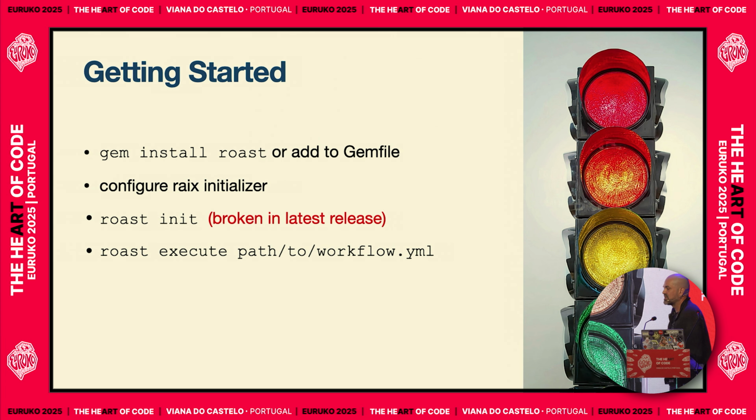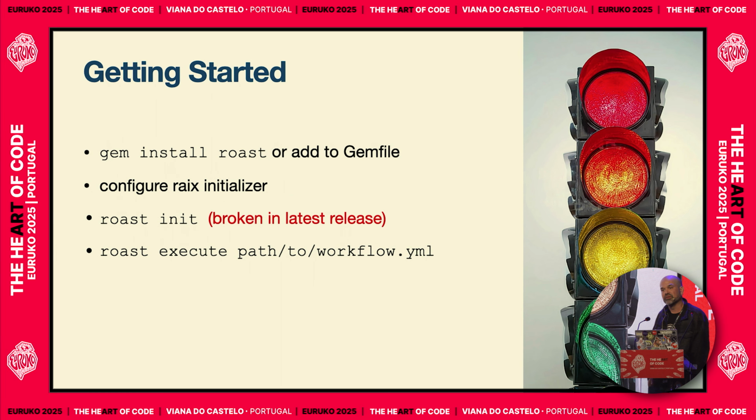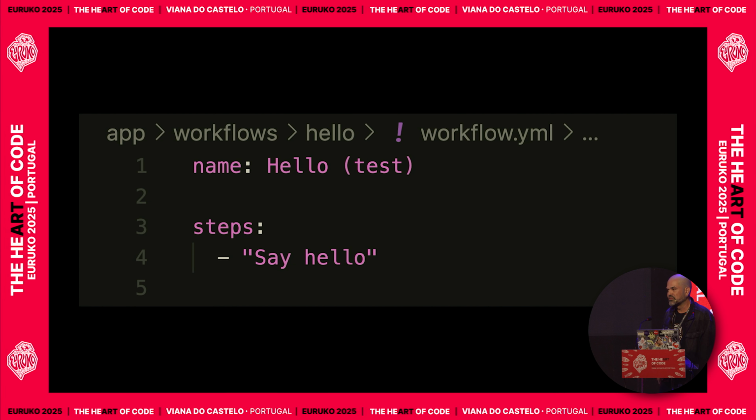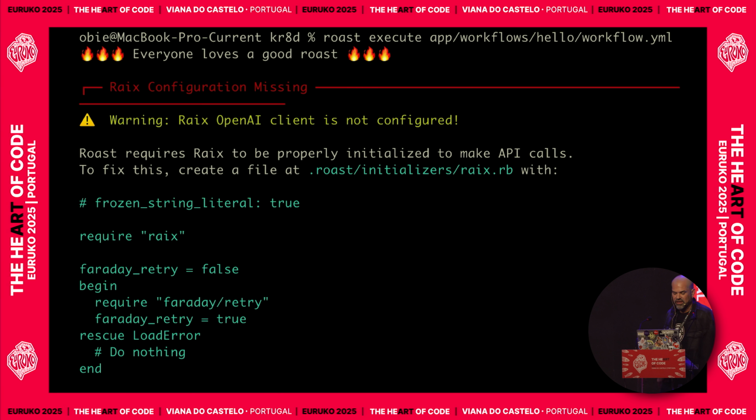And then finally, it does have a bunch of command line features. I didn't want to bog this slide down with putting them all, but the main one is roast execute, and you point it at a workflow file. So the simplest possible workflow would just have one step. In that case, say hello. If you run this,